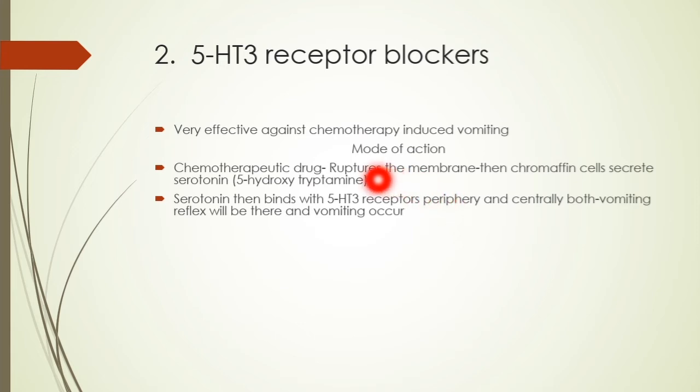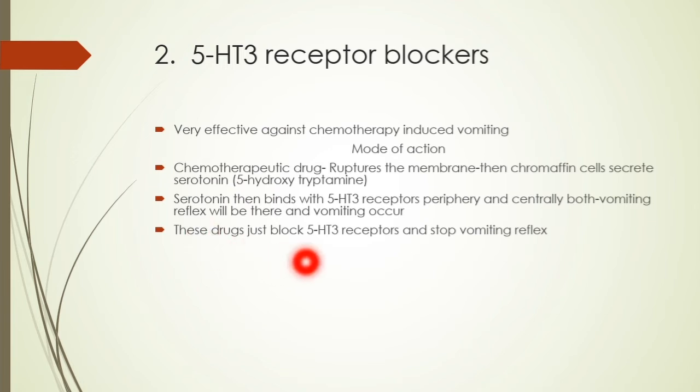This was a normal path when we take chemotherapeutic drugs. And when we take 5-HT3 receptor blockers, these drugs just block this receptor, and they stop the vomiting reflex, because there will be no binding of serotonin with this receptor and there will be no vomiting reflex. Here we have including drugs of 5-HT3 receptor antagonists, which are dolasetron, granisetron, ondansetron, which is very important,